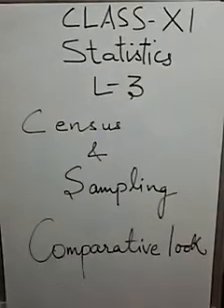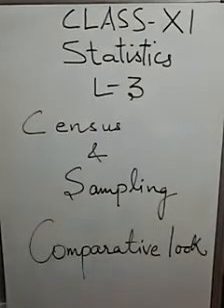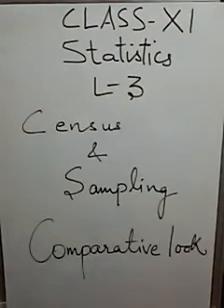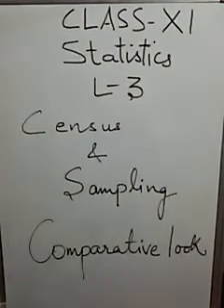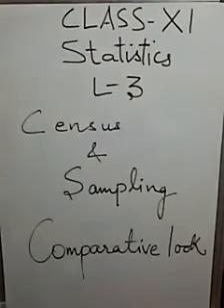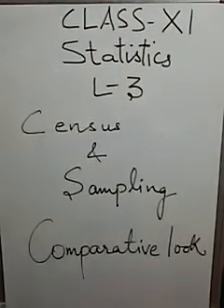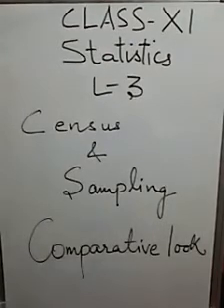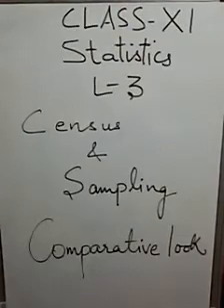So what are sampling errors and what are non-sampling errors? Sampling errors are related to the size or nature of the sample selected for study. Due to a very small size of the sample selected for the study, or due to the non-representative nature of the sample, the estimated value may differ from the actual value of a parameter.